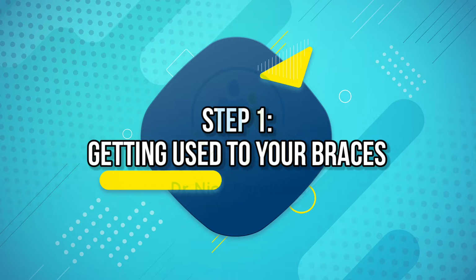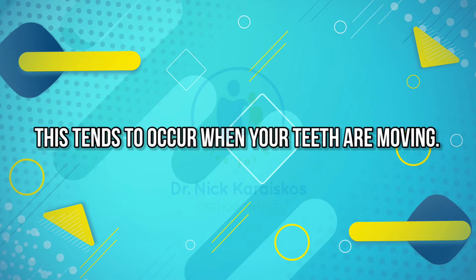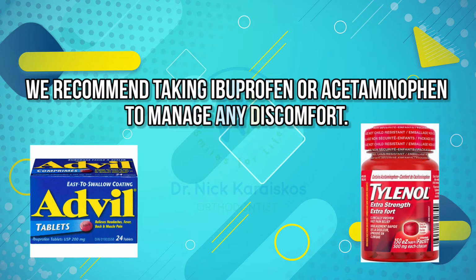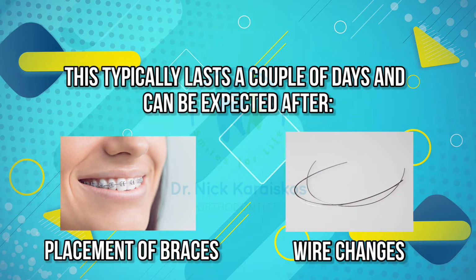Getting used to your braces. As we work on perfecting your smile, it is normal to experience some slight discomfort. This tends to occur when your teeth are moving. We recommend taking ibuprofen or acetaminophen to manage any discomfort. This typically lasts a couple of days, and it can be expected after the braces have been placed and after